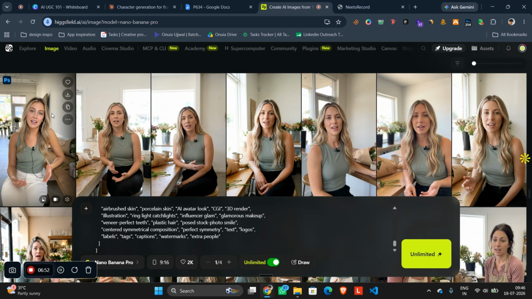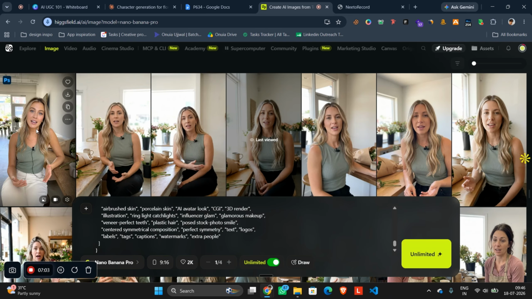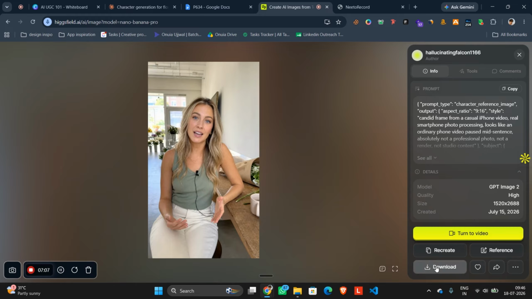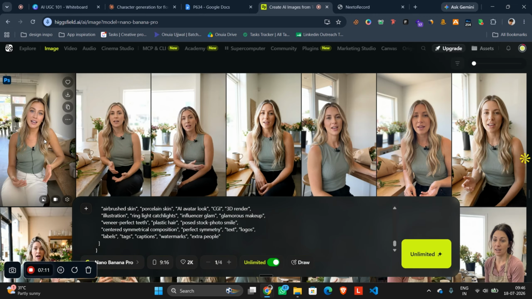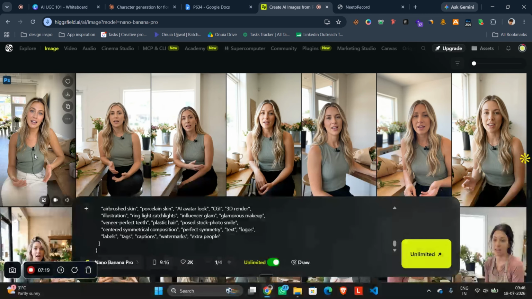Now look at the results that we got. Some of them are unreal, some of them look very polished, but this one is looking really pretty to me. So I'll just download this image and then I'll save it for reference. The next step is when we have our character reference image ready, then we can click turn to video,